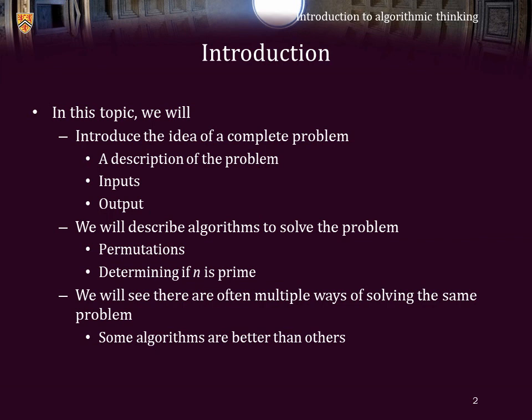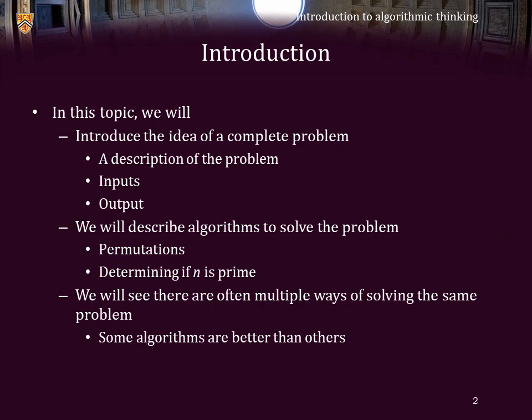So in this topic, we will introduce the idea of a complete engineering problem. This is a description of the problem, requisite inputs, and the desired output. We will then also describe algorithms to solve these problems. Specifically, we're going to look at permutations and determining if a number is prime. We will then see that there are often multiple ways of solving the same problem, where some algorithms are better